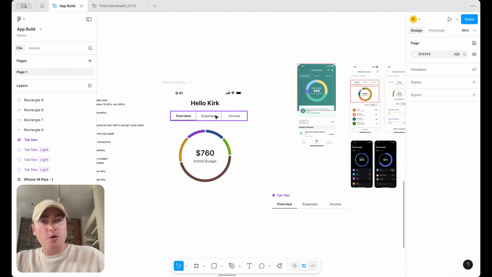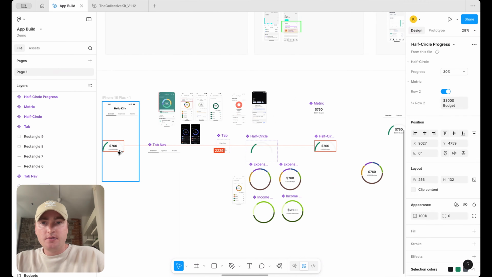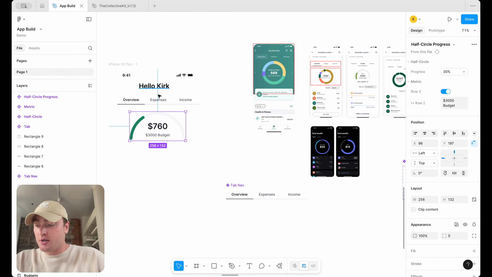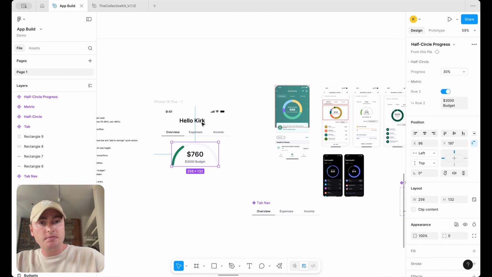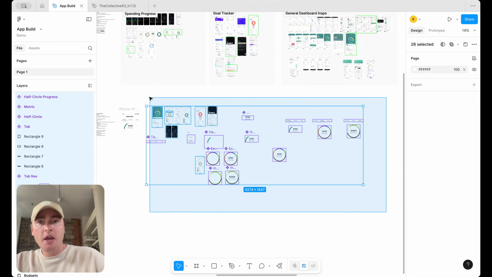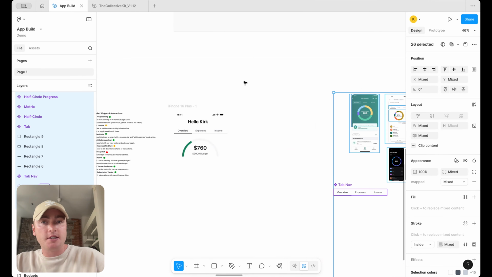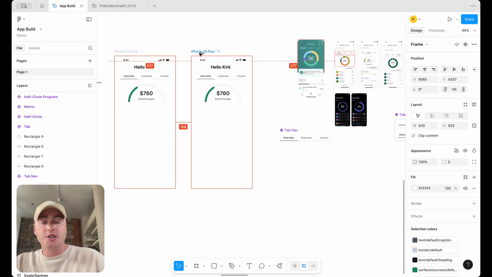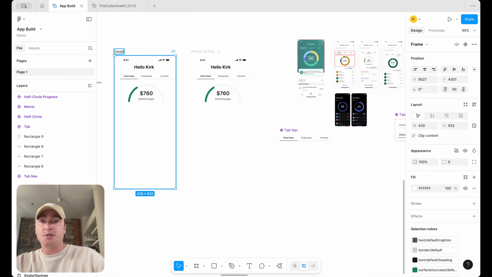So if we switch back to our app, what's the most important piece of the dashboard that we have so far? It's how close am I to my end budget? The expenses and income can come elsewhere, right? So we're still going to use the widgets that we just created, but I wanted to go through this lesson with everyone around structuring data and thinking about data and not overwhelming users on a dashboard. Because if this here is a dashboard,